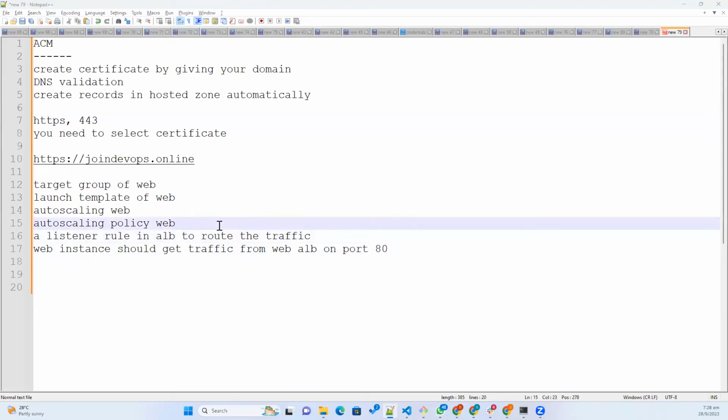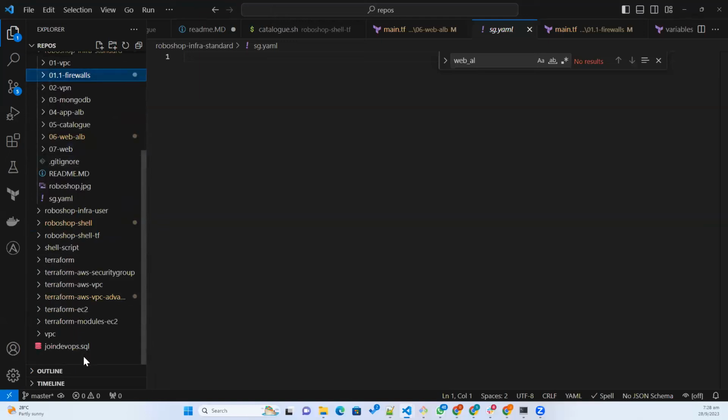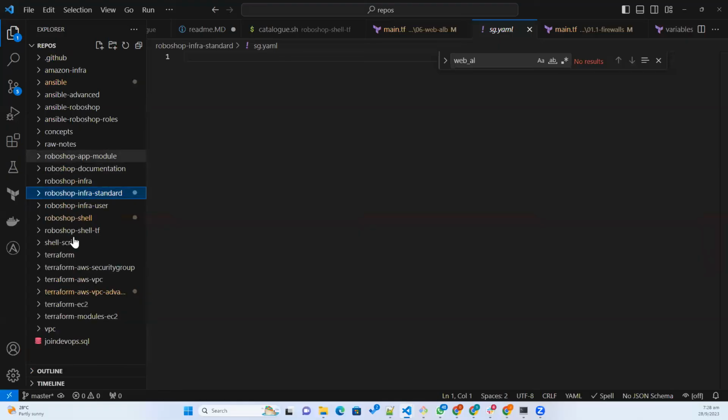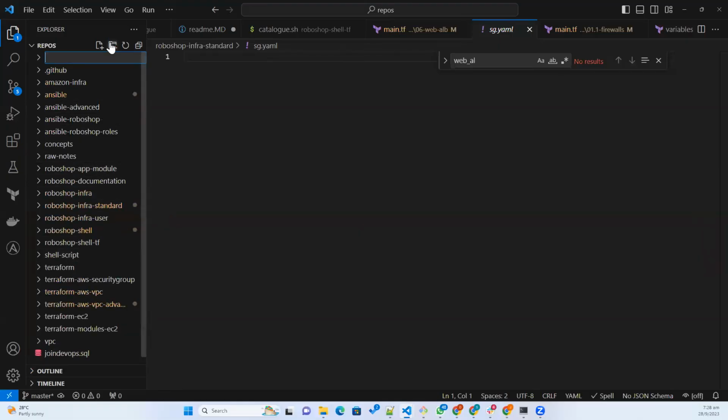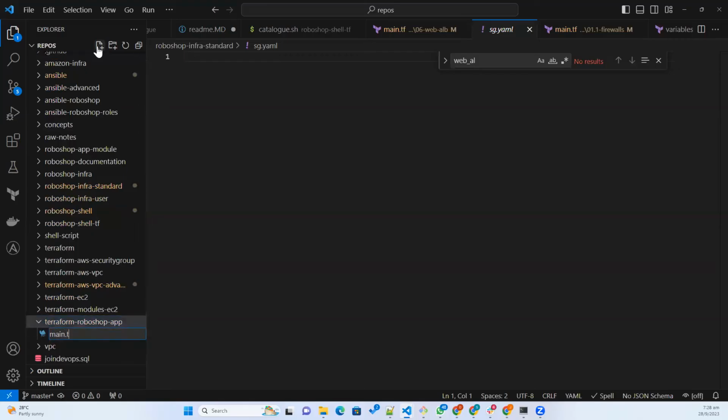So yesterday we created the catalog. Now what I'm going to do is create it as a module. The module name is terraform-roboshop-app. Okay. So here I'll create the module main.tf